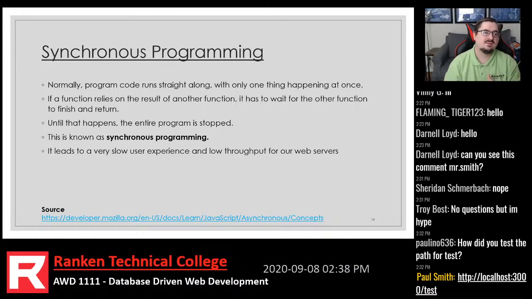Okay? There's never a case, at least in theory, where two lines of code are executing at the same time. It's always line 1, line 2, line 3, etc. Now, obviously you have loops in there, so it'll go back and run it again and run it again. But the idea with synchronous is really that only ever one thing is happening at a time. And that's reasonably easy to reason with. You can say, okay, this happens, and then this happens, and then this happens. That's pretty clear. But what it leads to is a lot of waiting, a lot of time